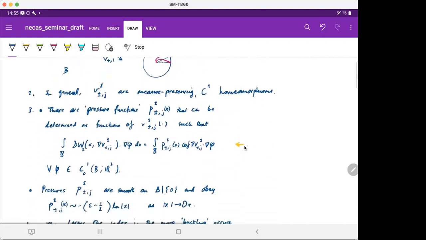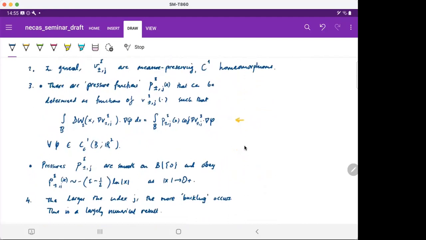So later I will show you the remaining points 2, 3, and 4. So point 2 is fairly generic, so that these maps happen to be measure preserving, and because of the properties of the k that get associated with each of them, you find that they're C1 and homeomorphisms. So they're very nice stationary points. They're well behaved,